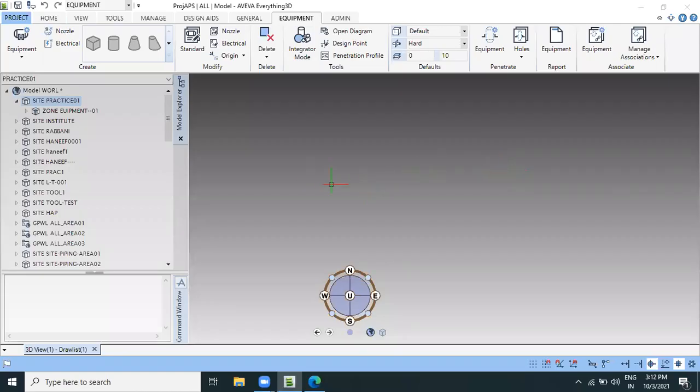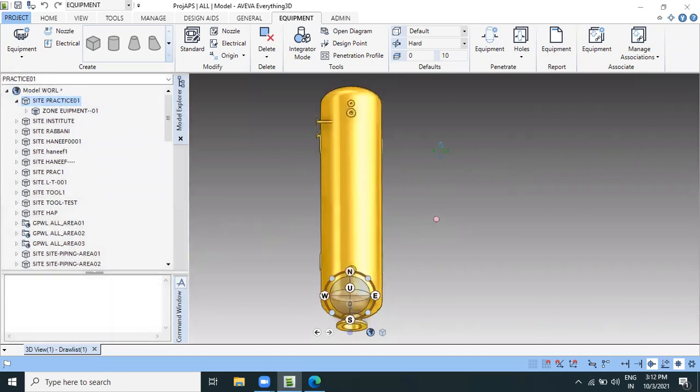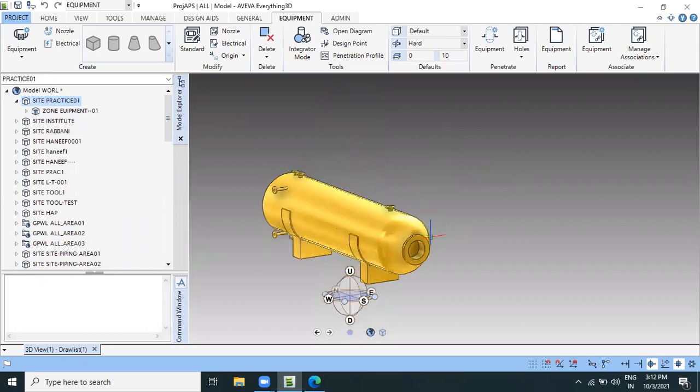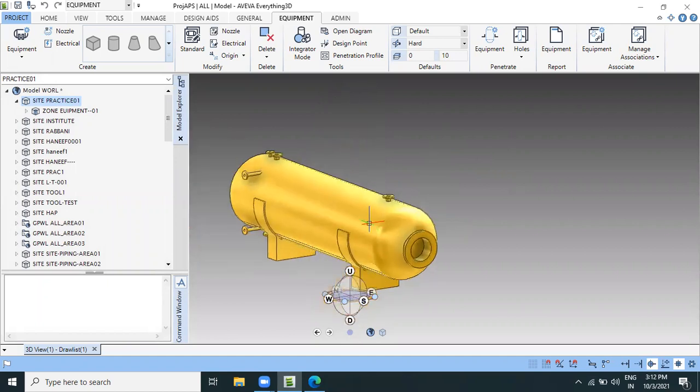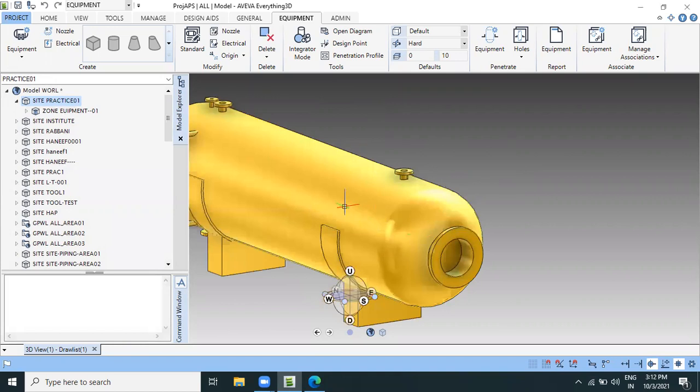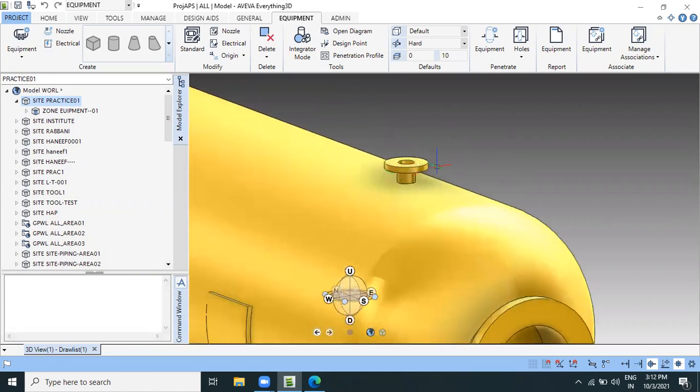Hi everyone. In the last video we covered the D1201 equipment. Just drag this site into the workspace. Then we created part one, the equipment modeling: cylinder, dish and the support, then rectangular, torus, and in part two we covered nozzle orientation.